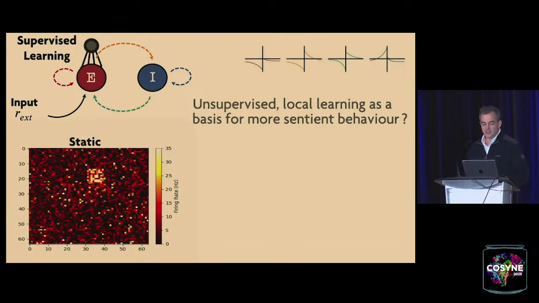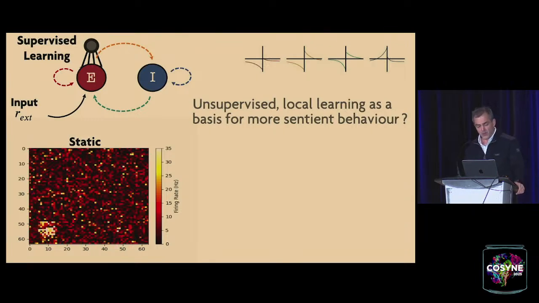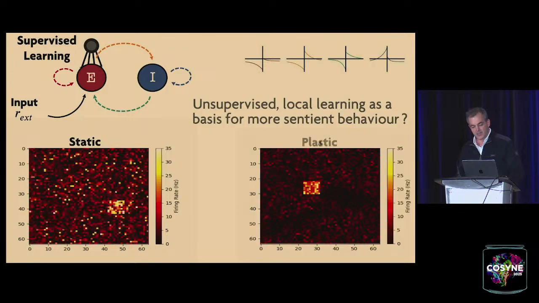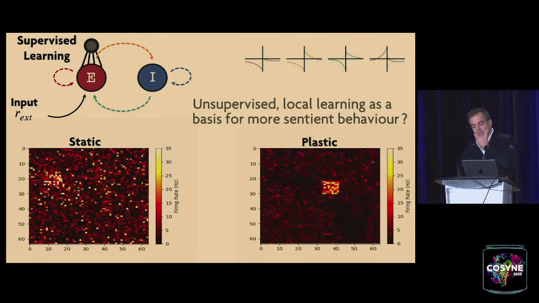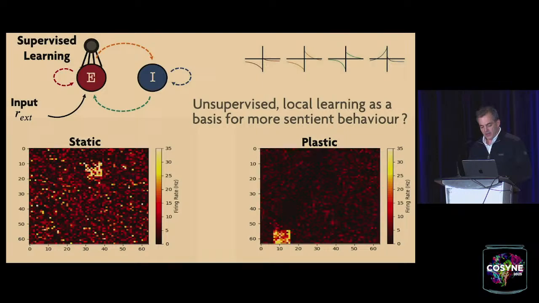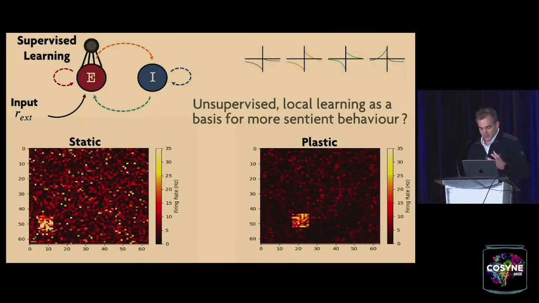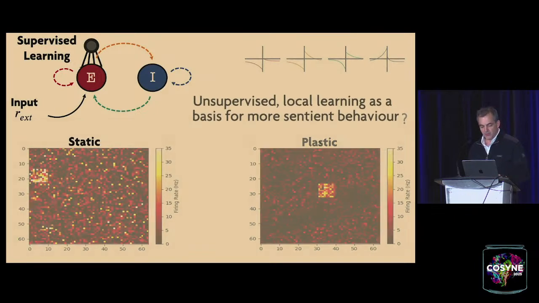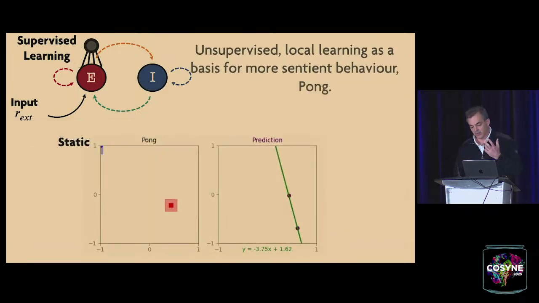So what you see here is the position of a Pong ball that is observed by a static network on the left and by a plastic network on the right, and you can already see the difference. In this case, you see this inhibitory shadow. Every rule set really behaves differently, but what they all have in common, and we haven't actually played with so